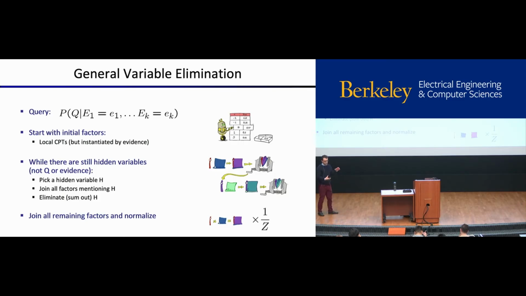Our tables are going to be these compressed things. We multiply them together, but we only multiply them together as needed. And then as soon as we can start summing variables out, we do that along the way and eliminate variables as we go. Okay? That's going to give us the most efficient route to a final answer. And then when we get to here, we just have to make sure that we normalize so that the last thing sums to 1, and then we're good to go. Okay?